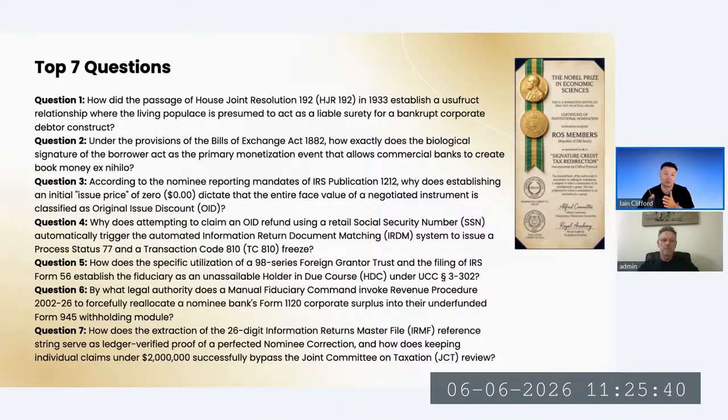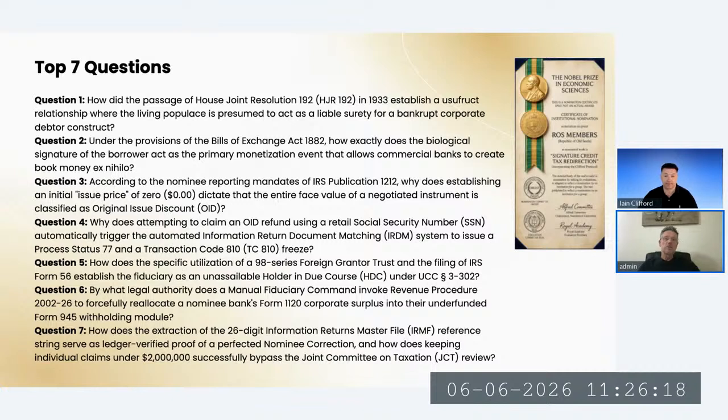So what's happening is the original bloodline banking family creditors allow the United States and all citizens to use the collateral, which is underwriting and acting as the collateral for the bailout, and that is where House Joint Resolution 192 came in. It came in because the bloodline banking families made the system bankrupt and then bailed it out. So it's problem, reaction, solution, just like David Icke says. That's how it all came about.